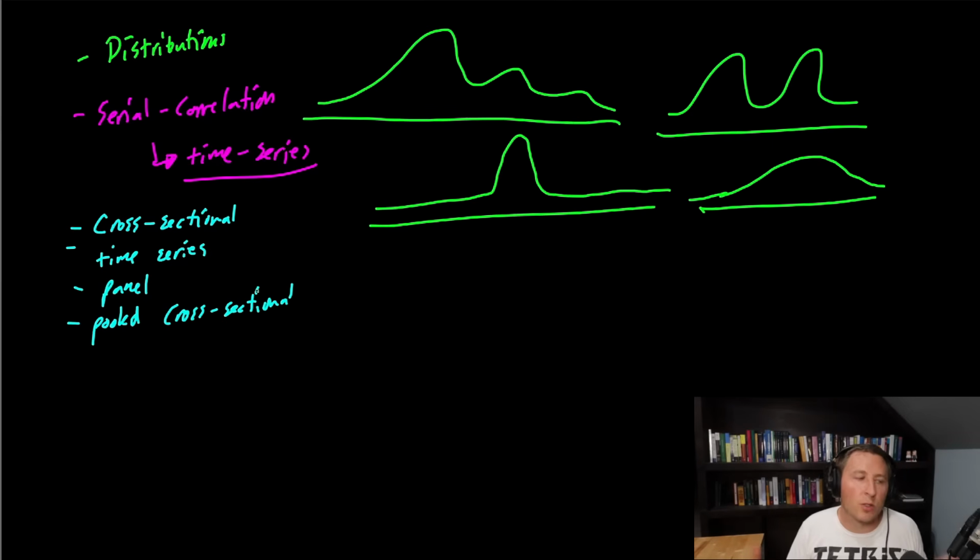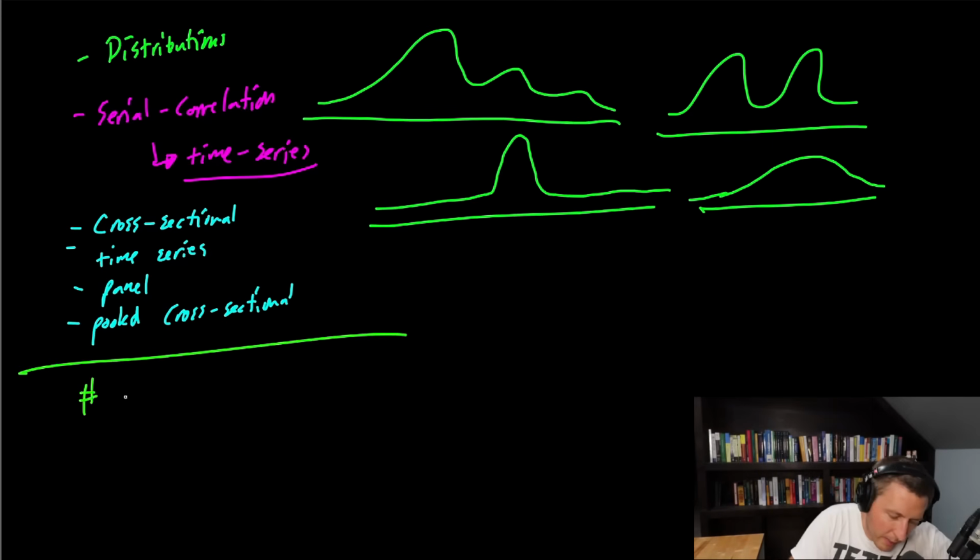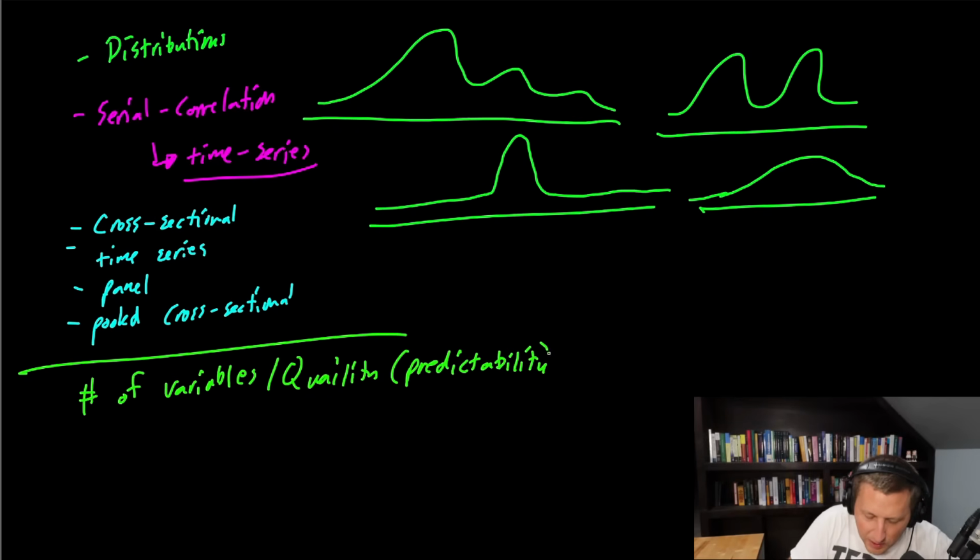Now, as we dive into other issues within data, we're going to get into things like the number of variables and the quality of that data. And when I say quality, I'm going to say predictability. Because, for example, you might have data where you have 50 variables and they're super predictive and you can model out of those 50 and come down to a 4-variable model. You also might end up in the credit space and end up having 3,000 to 4,000 variables. And out of those 3,000 to 4,000 variables, I build a model with 30 variables or 100 variables or 200 variables, depending what type of model structure I build.